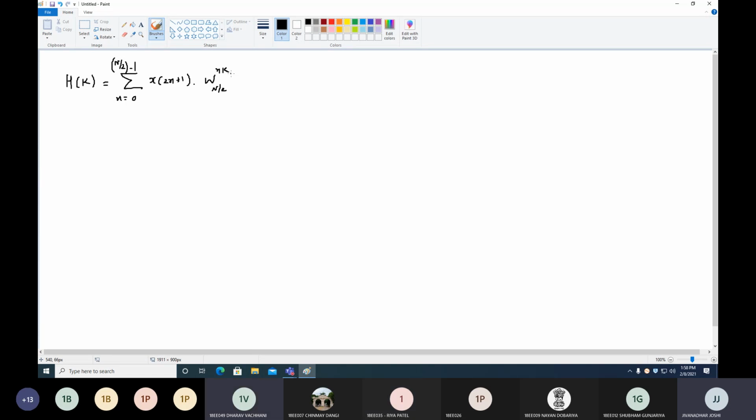Yes, sir. Okay. So let us first note down the components of h of k. H of k do have which components? X of 1, 3, 5, 7, correct? When I put n equal to 0, it becomes x of 1. When I put n equal to 1, 2 plus 1 is 3. Then 4 plus 1 is 5. And then 6 plus 1 is 7. Is it correct? 1, 3, 5, 7.